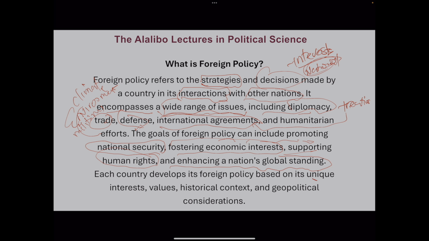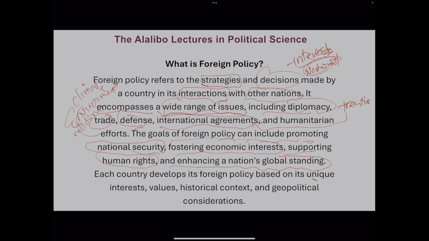A good example is Russia invading Ukraine. Russia invaded Ukraine to ensure that NATO doesn't come too close. So it invaded Ukraine based on national interest. This is a very, very good example. And there are countries all over the place. Iraq versus Kuwait in 1991 is another example. Iraq invaded Kuwait, saying that Kuwait was part of its territory many, many years ago. Countries always look after their national interest because that's first and foremost.